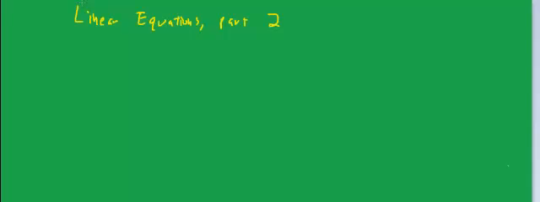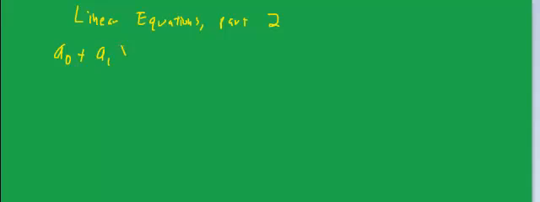Okay, this is Dr. Kling, and I'm continuing my review of linear equations. And in economics, we often encounter two linear equations in the same variable. So what would that look like? That would look like